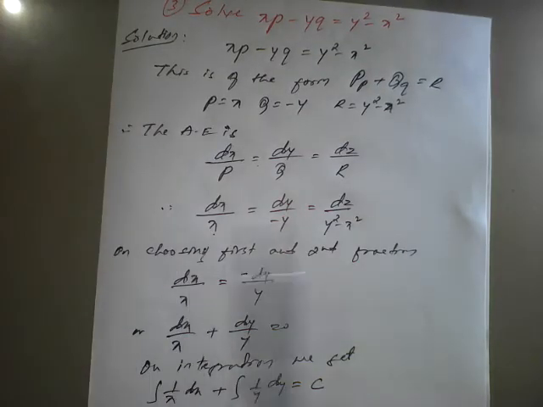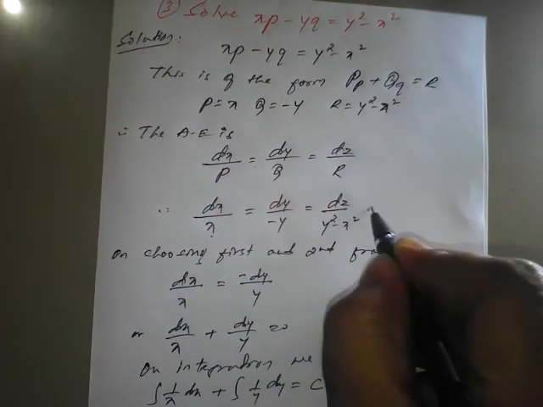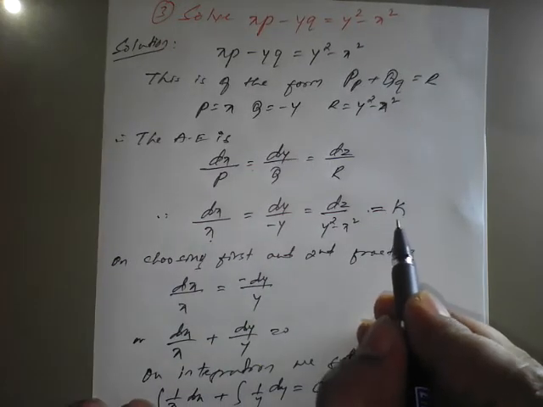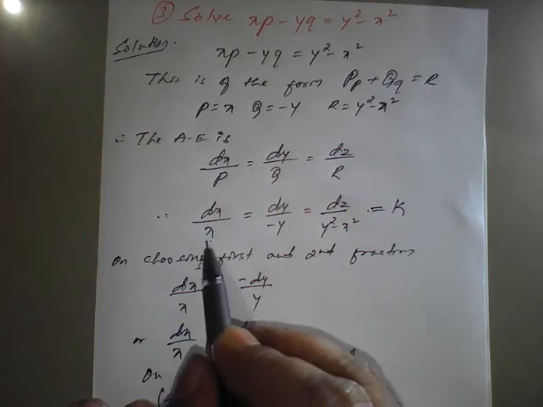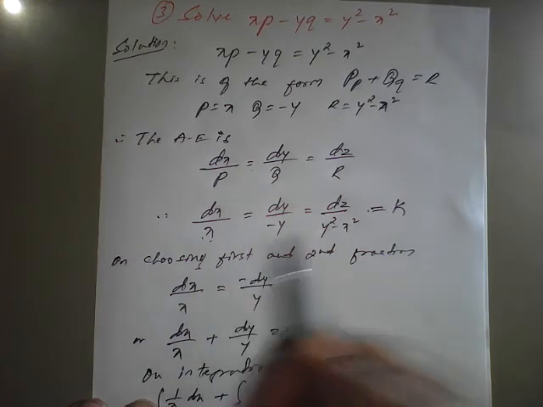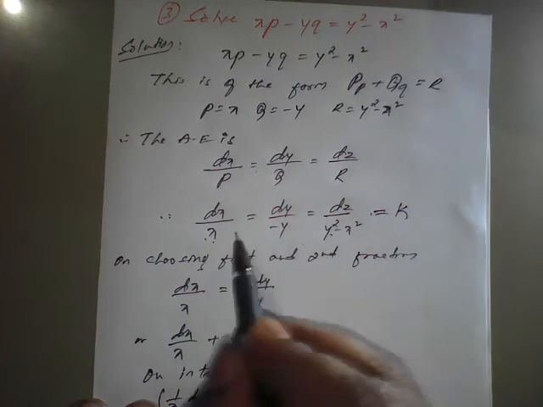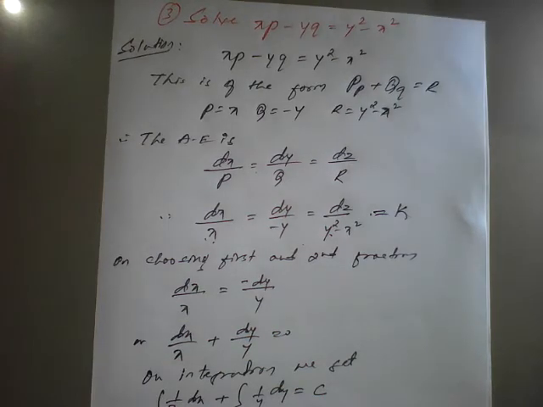Now if you take the first and last pair, nothing is going to cancel. And second and third also, if you take the fraction, it is not possible to simplify by direct integration. In such a case, I will consider this equal to some result as k. We have to choose multipliers in such a way that, if I multiply and cross multiply, the right hand side should become 0. Just see how to choose now.